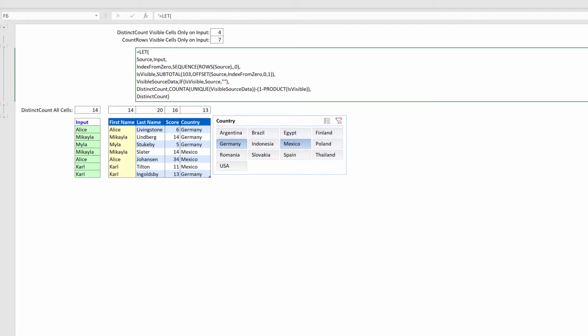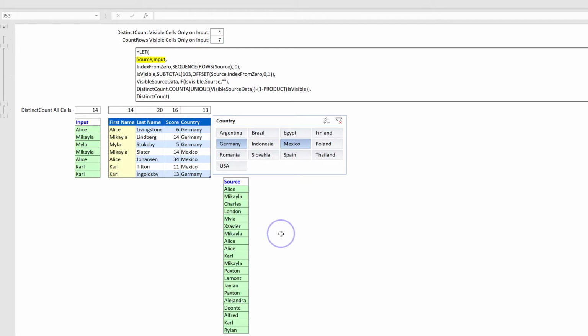Now let's go over all the steps in sequence, starting from the top. The first step I always like to call the source step, and in this case it's very simple. Just get the input column. I'll visualize the results of the steps right here below the slicer. So this is the contents of the source step. Now mind you, as you can see, regardless of the filtering in the table, the source step will always contain the complete input vector, not the filtered one.